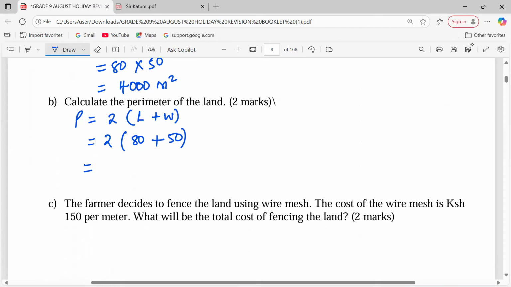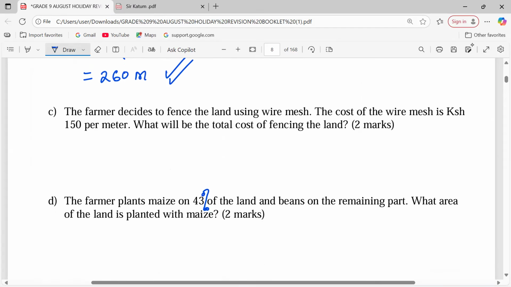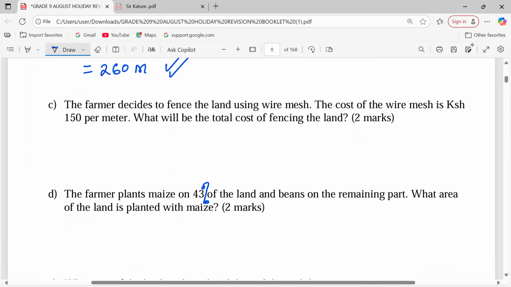Then we multiply by 2. This gives us 260 meters. That is the total length around the rectangular piece of land. We're having a part 2 or part C of this question that says, the farmer decides to fence the